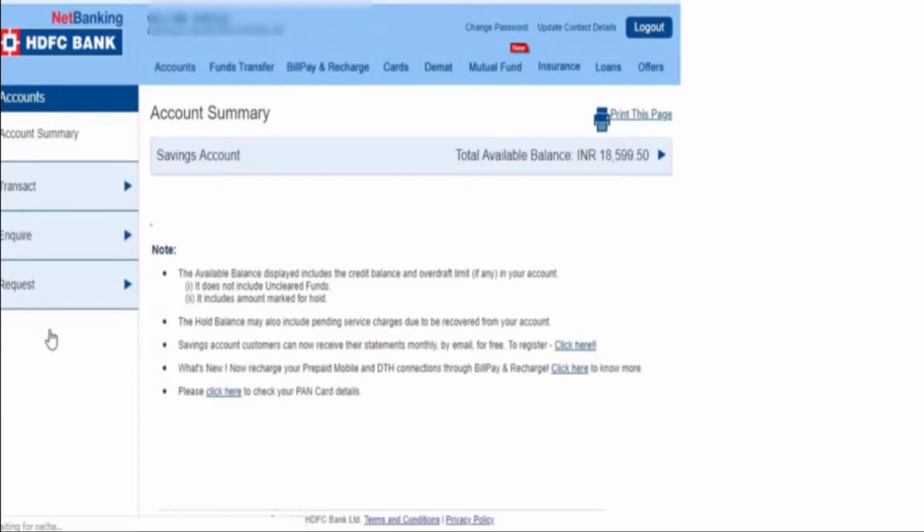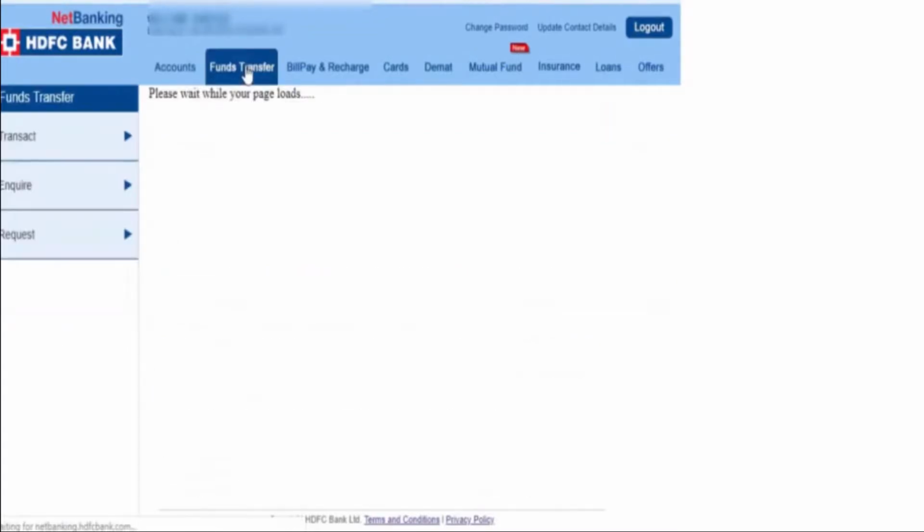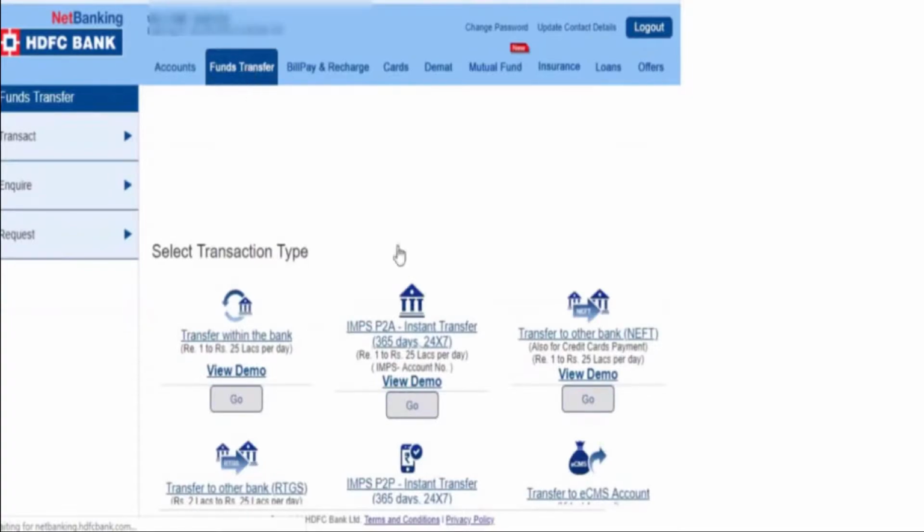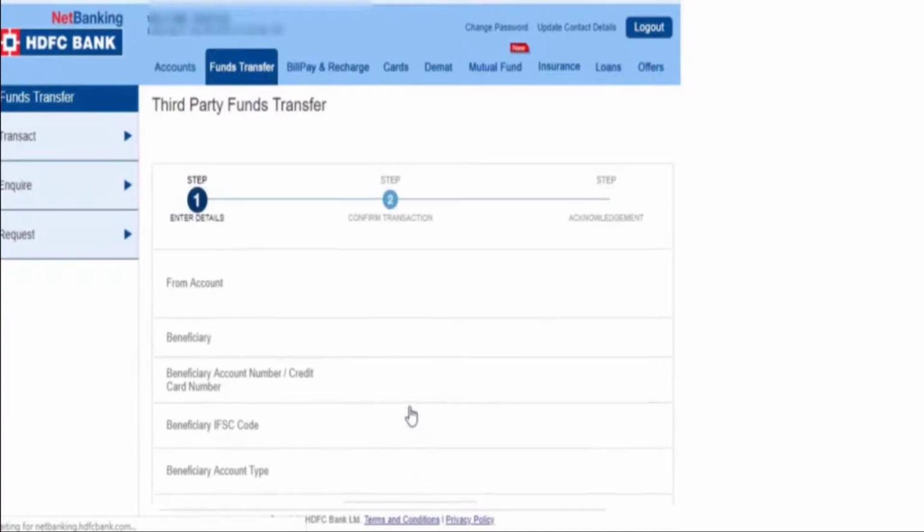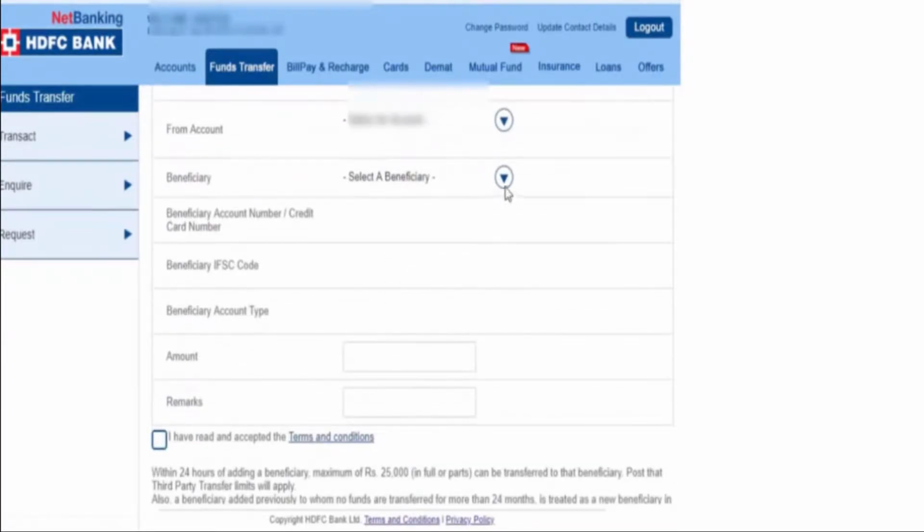Once on the dashboard in my internet banking, I will click on fund transfer. After clicking on fund transfer, I will select IMPS instant transfer. I had already added the account of the beneficiary. You need to add the beneficiary account that was shown on the Geotas site.